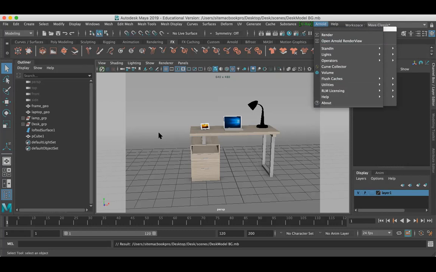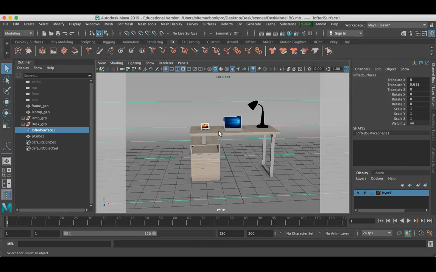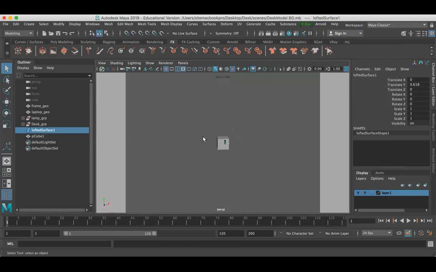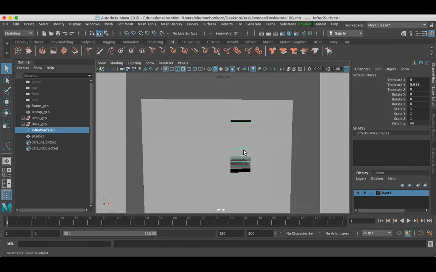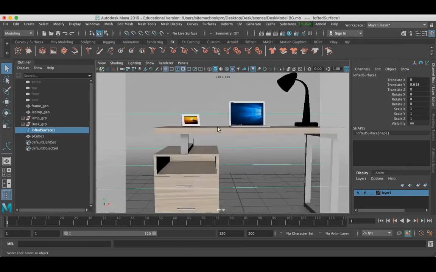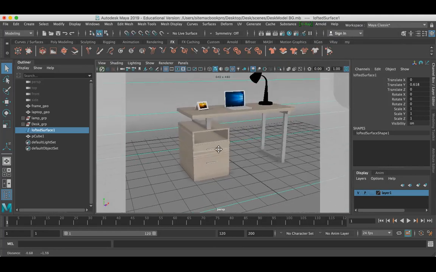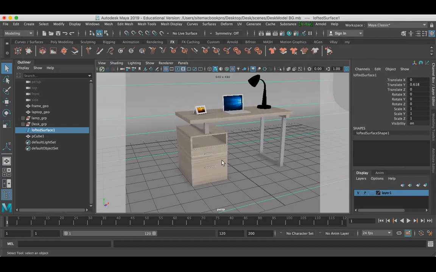In this class, you can see that we have the same scene again. Yes, because I cannot teach you with an empty scene. So I just kept a simple object which I want to teach you with. I took this for the first class, but the purpose of this model is the second class.